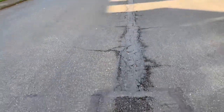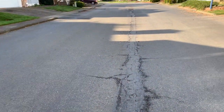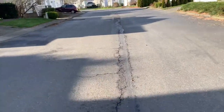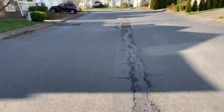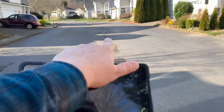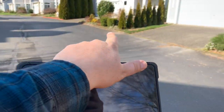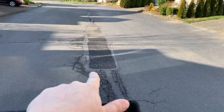In this section right here, all needs to be replaced out about 6 feet, and then all the way down. It's some handwork for the guys to do, but I don't think it'll be too bad. But we'd come right up to this existing patch here and stop, and then the length of this next patch, we're going to take out everything, go all the way across to 5224, and then go from this patch, that